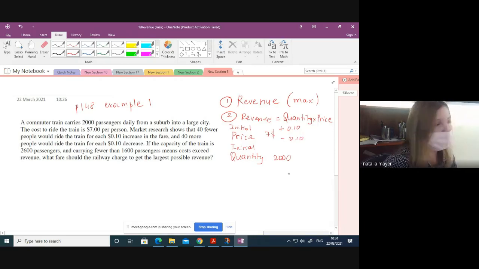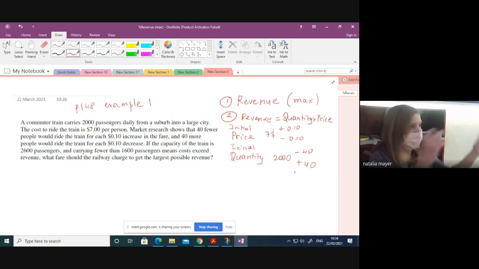Now, let's do the same with the quantity. Guys, what will happen if they increase the price by 0.1? So if they increase, is it minus? Is minus, right? So if they increase, then it's going to be minus 40. If they decrease, it's going to be plus 40. Okay. So now, based on this, we have to model any change in the price, which will affect the quantity,